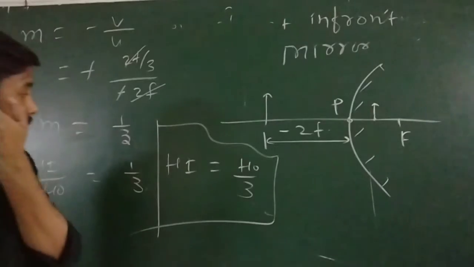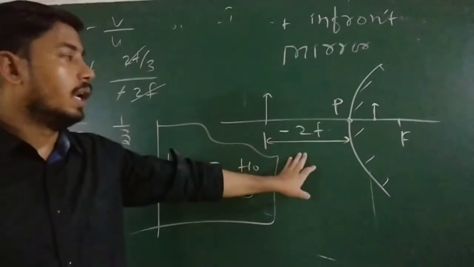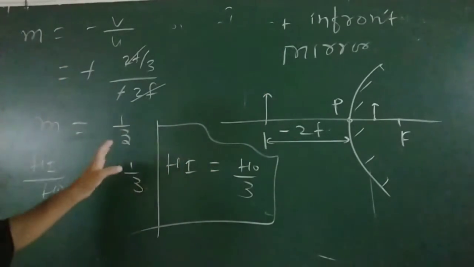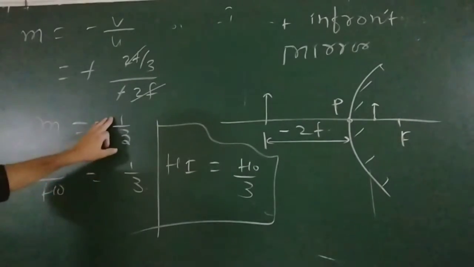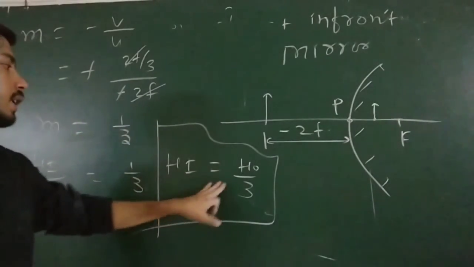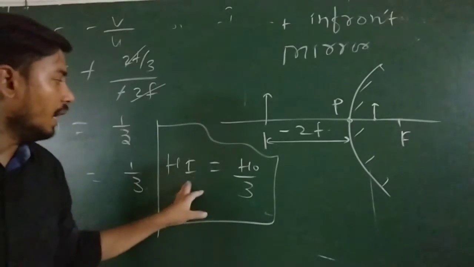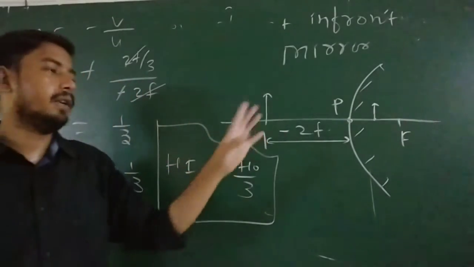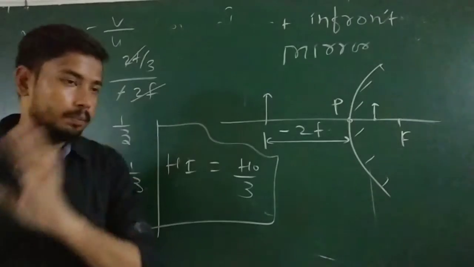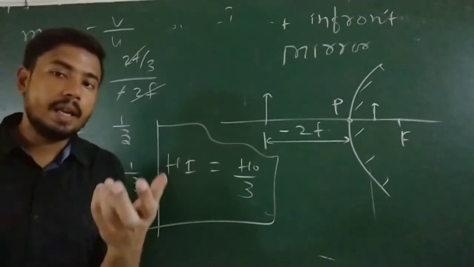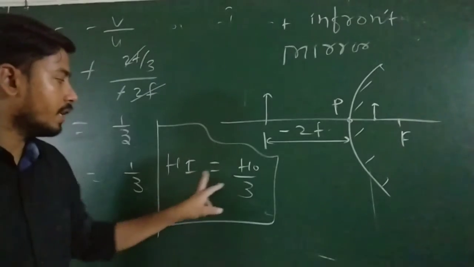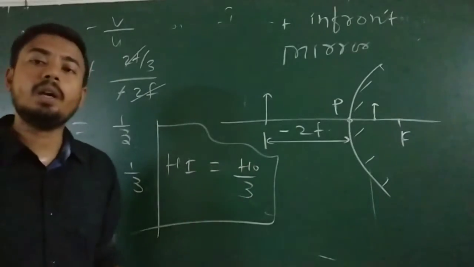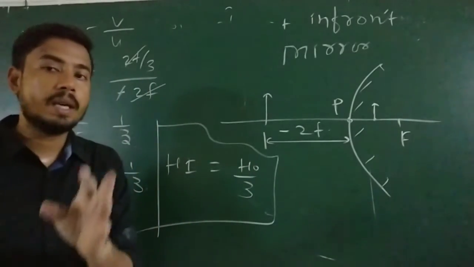In the case of convex mirror, we put the object here. We got position of object between pole and focus. Second, magnification is here positive but less than 1. It means height of image is smaller than height of object. So if anybody asks the position, between pole and focus, virtual and erect, because both are on the same side. If they are opposite, then sign should be negative. Both are on the same side, so erect. And height of image is 1/3 of height of object, so we can say smaller.